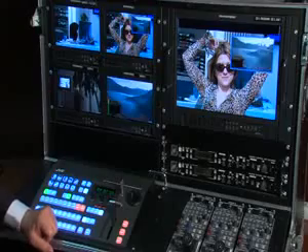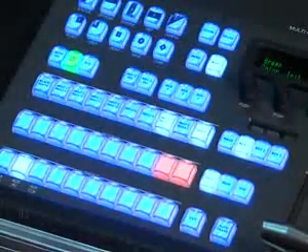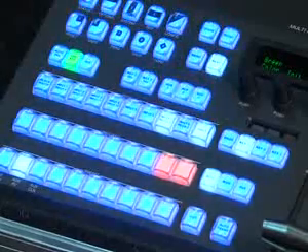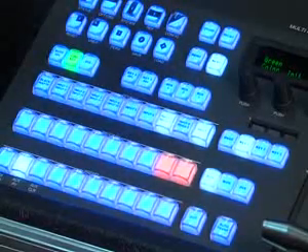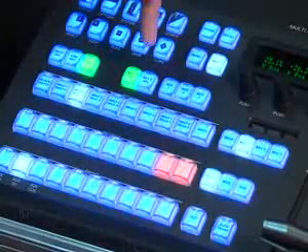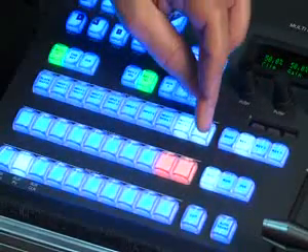external equipment. If you want to assign a source to keyer number 1, you just press key number 1, and then you can assign a source to key number 1. Alternatively, you can press key number 2 and assign another source to key number 2, and you can press key number 3 and assign yet another source